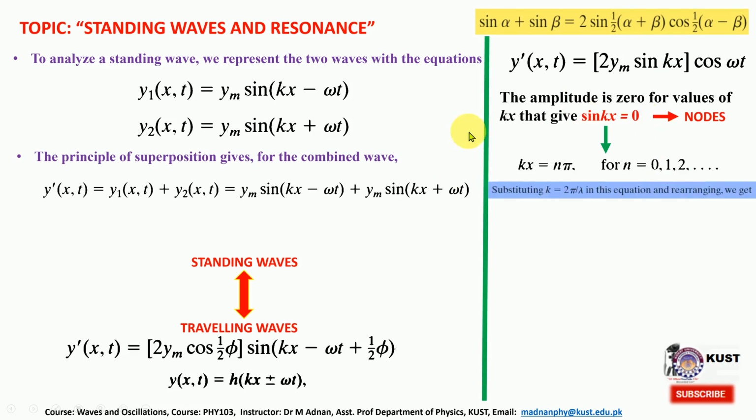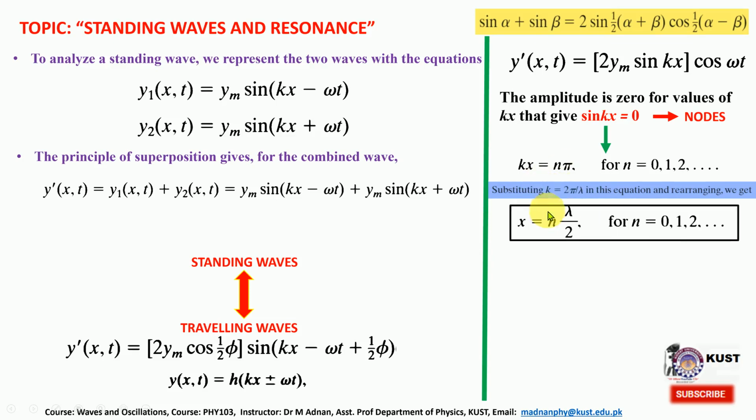The nodes. So what are those points on the string located at different x? As I told you, different x will give us different amplitudes at different times, because this is a harmonic function. So if we convert this k to 2 pi over lambda, where k is the number of wavelengths in 2 pi radians, in that situation